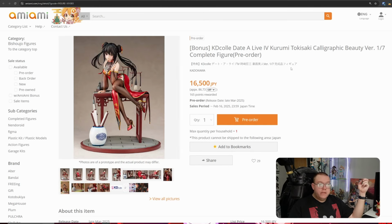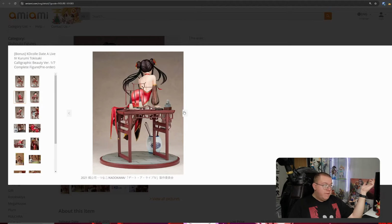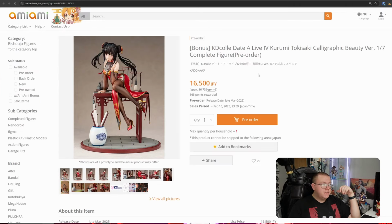And then we got Kurumi Tokisaki as well, calligraphy beauty version, 16,500 yen. So a very good price actually for this one, even though you get all this furniture and whatnot. Very nice looking figure of Kurumi, definitely worth getting hold of, I think, especially for that price. But considering they've done a second round, she might even go on sale, so maybe hold out. It might be worth bookmarking it and checking back in March when she's released,